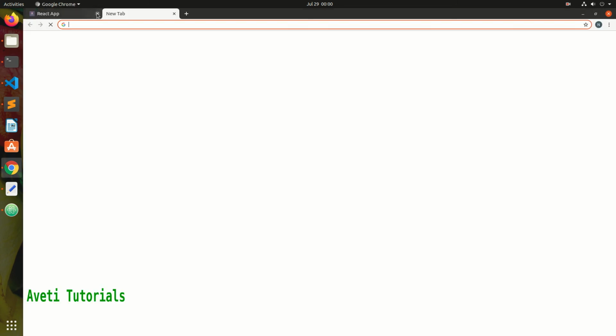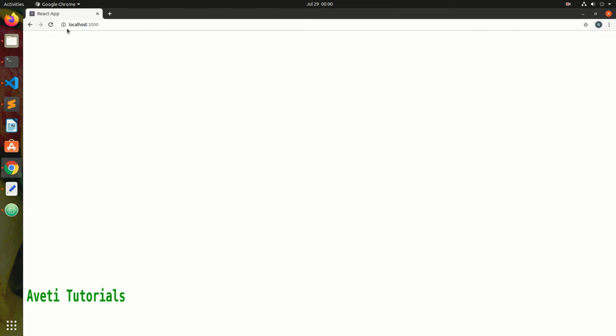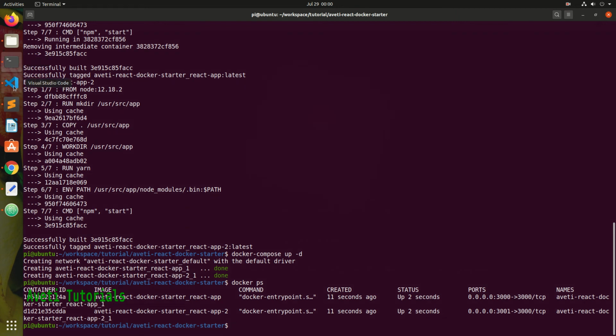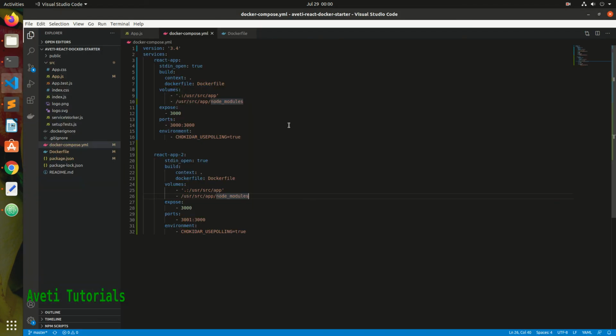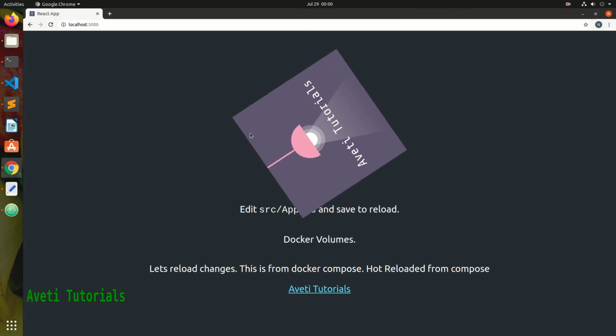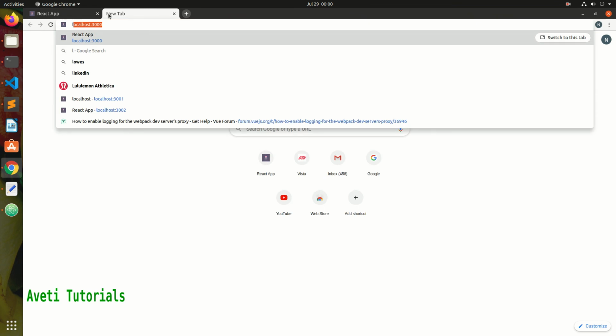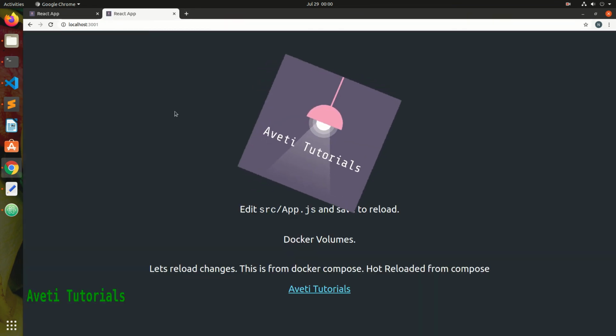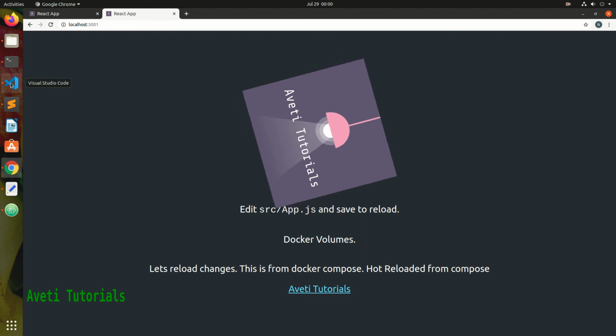Now I go to the browser and type localhost 3000. Sometimes it might take some time. I'll again open another tab for localhost 3001. Let's wait for it. Our application is started, and on localhost 3001 here also you can see our application is running.